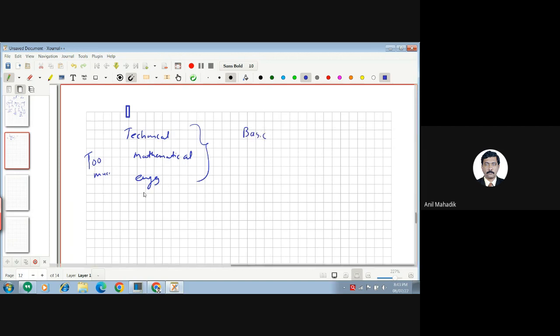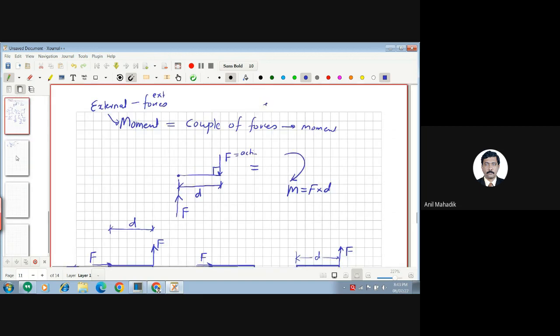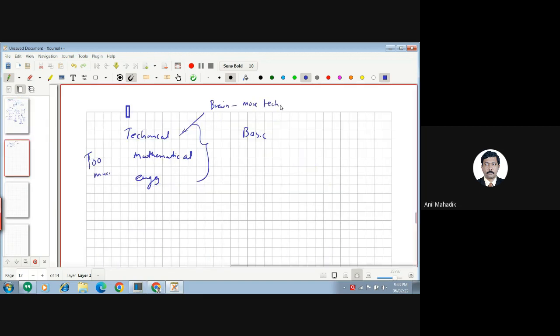So our brain has become more technical. Our brain is more technical now, an ingenious brain. And sometimes due to that, he forgets common sense. Many times you will see that engineers are not giving the answer in a correct way, or they forget common sense, and they get exposed